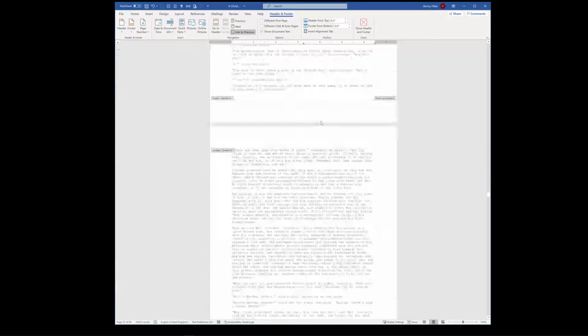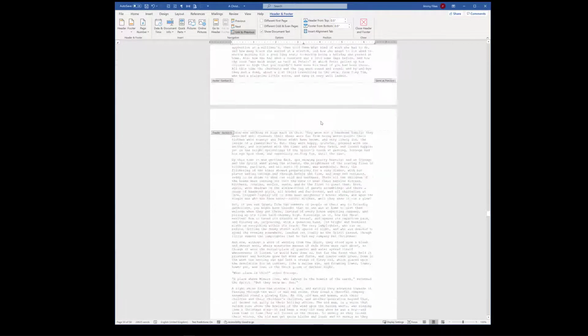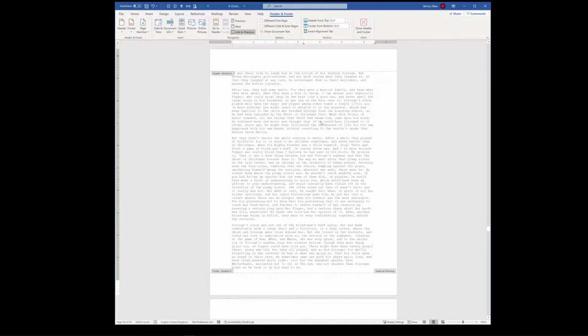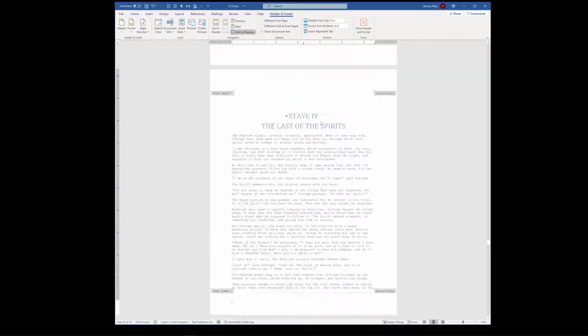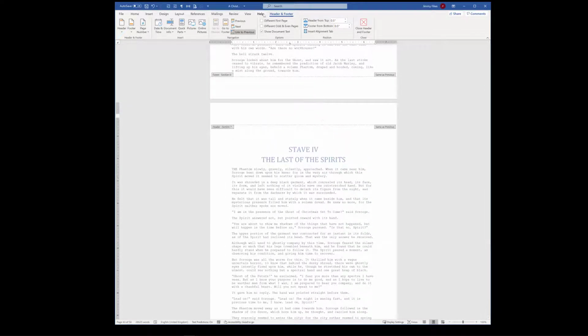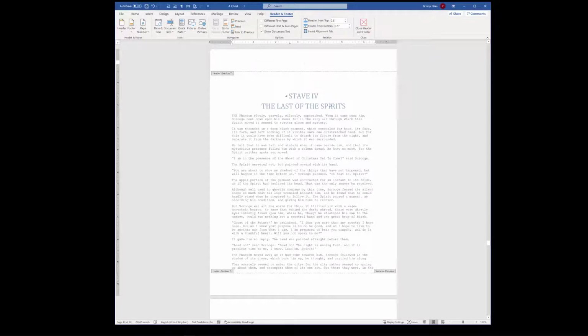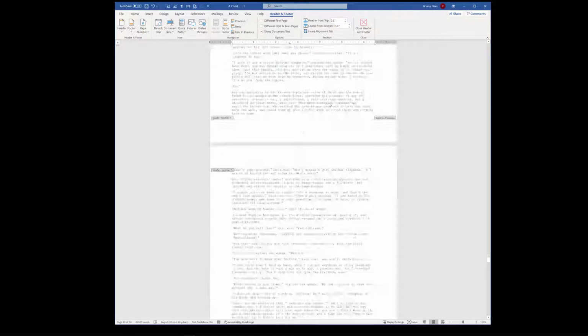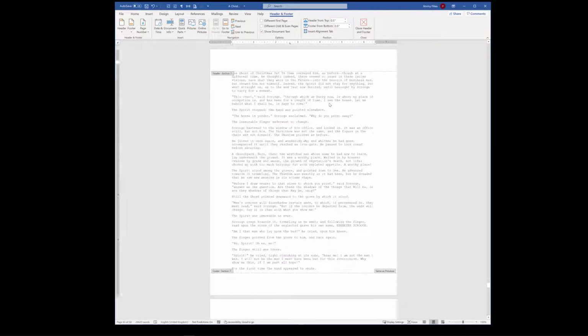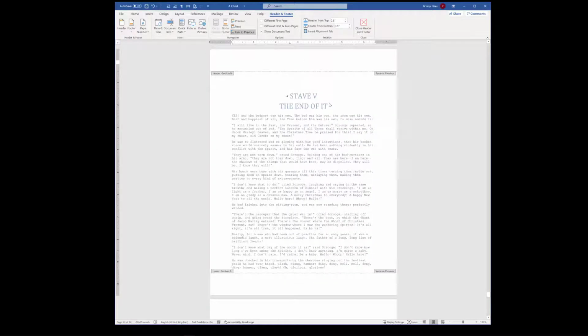Using Page Down, I'm just going to come right on down to Stave 4, which is right there. Click in the header. I'm going to break that previous connection. Come on down to Stave 5 and do the same thing there. And then I will have completely broken the link between every one of those sections. There are 8 sections total, and now none of those sections have any linkage to the section above it in